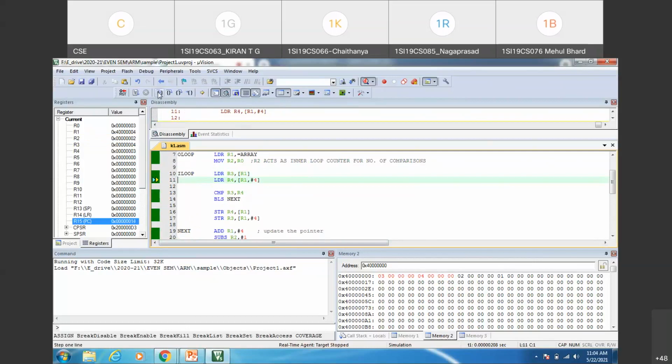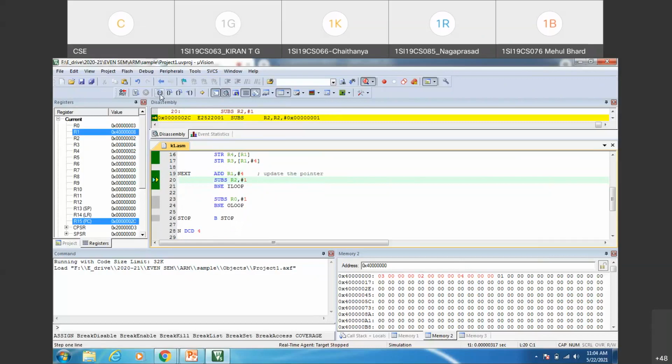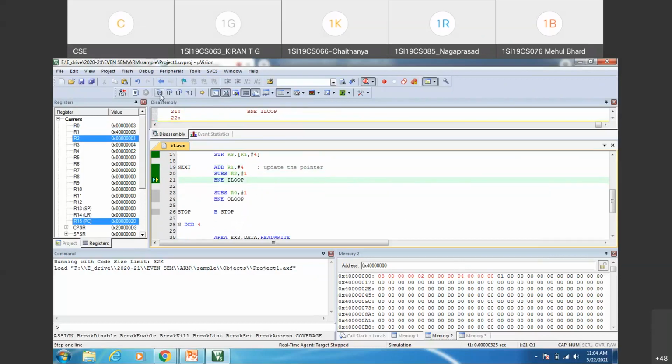Okay. So 4 and 2 are fetched. R3 contains 4. R4 contains 2. We are comparing 4 and 2. Since 4 is greater than 2, we need to swap. See, the BLS instruction fails. Just observe, the STR instructions are executed where 4 and 2 are swapped. The second and third elements are swapped. So now the pointer is updated, the counter is decremented, and the second comparison is completed. We are left with one more comparison. So branch not equal. Yes, the R2 content is non-zero.